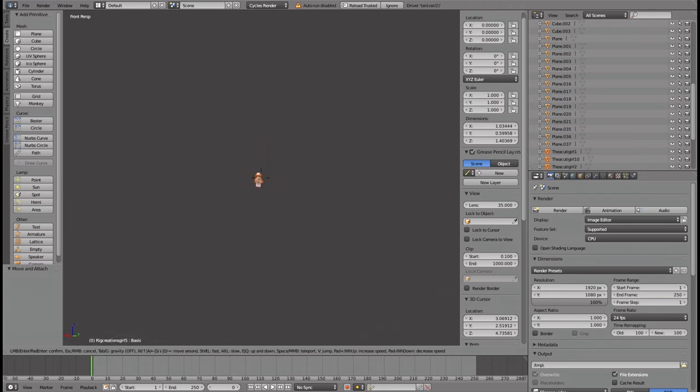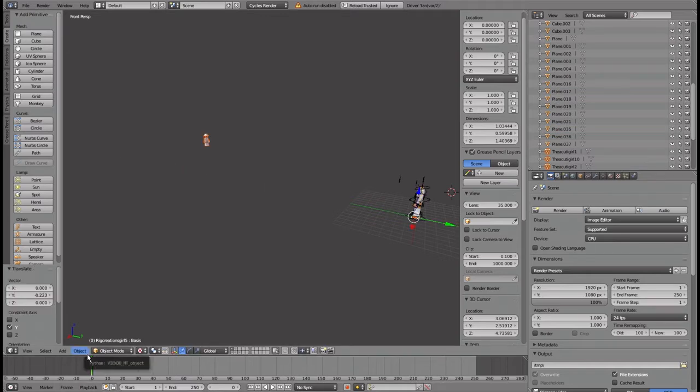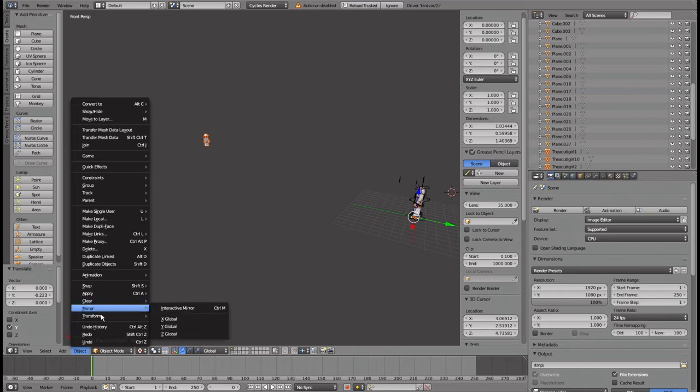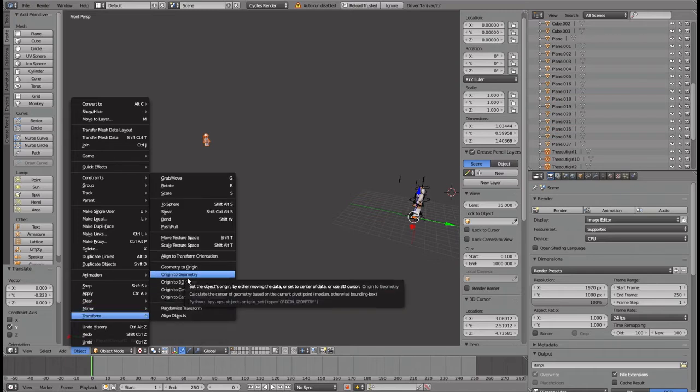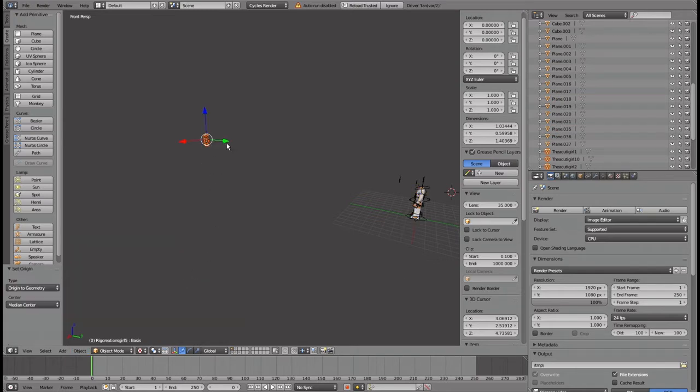So now it's actually all the way over there. It's because the origin in Blender is different than the origin in Roblox Studio. That's okay, we can work with it. Right now the controls for it are all the way over here, and that's not what we want. So we're going to click Object down here, Transform, Origin to Geometry. So now the controls are right over there. We're going to drag it